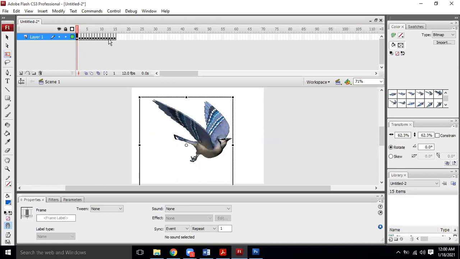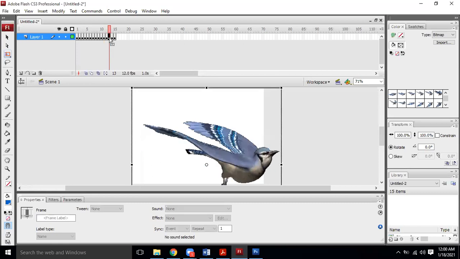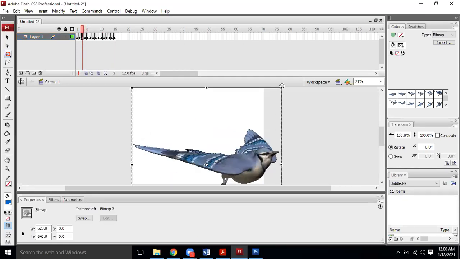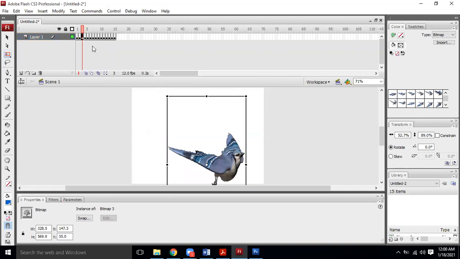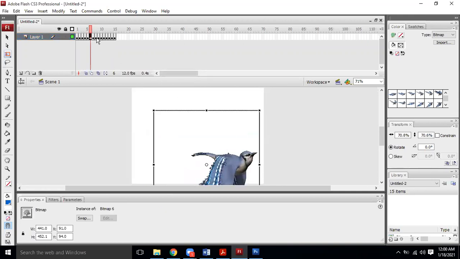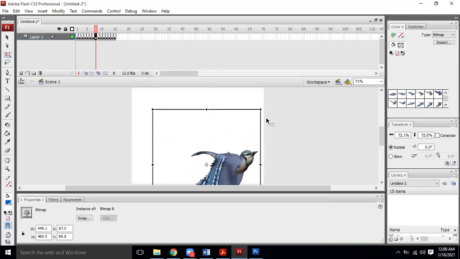So you have to select all the frames, and then I think resizing can help us. Go on each frame and resize it, because each frame is a separate frame. Otherwise, it will be difficult for us to manage.